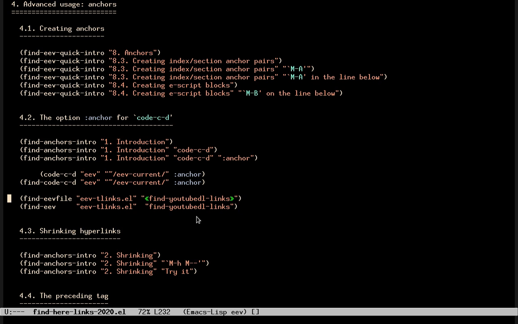Not all functions created by codecd behave in that way. Only the functions that have this extra argument here, anchor. And one of the tutorials explains how this extra argument works. I'm not going to explain this in detail, but let me give the short explanation. If we execute this, then